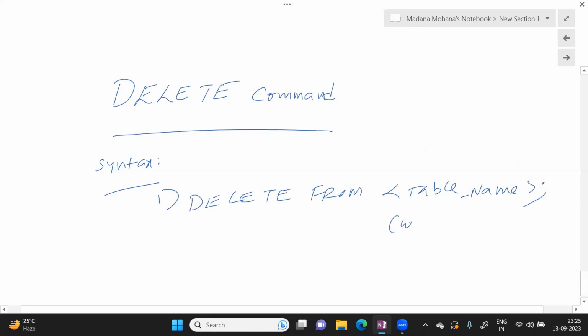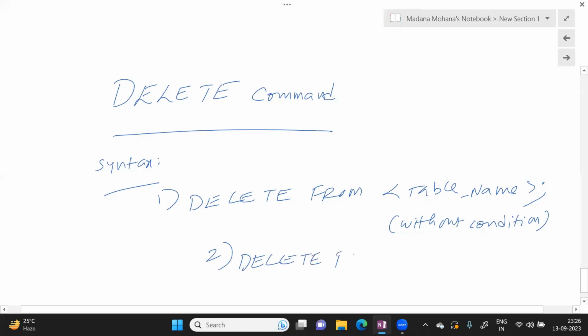So this is without condition. Directly you can't apply this operation. Why? Because then the entire data of your existing table will be removed. Suppose any table that you don't want, for that you can apply this operation. So delete from table name. In the table, suppose 20 records or 100 records or 1000 records, all records will be deleted. Why? Because here we didn't mention any condition. Then with the condition, you can apply